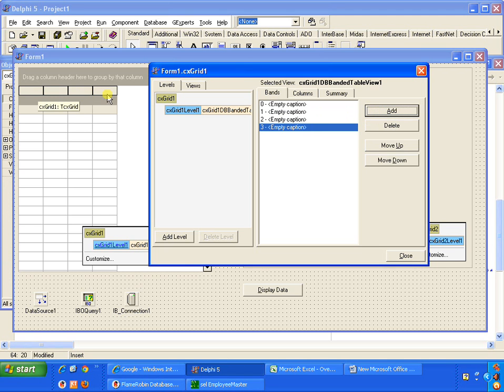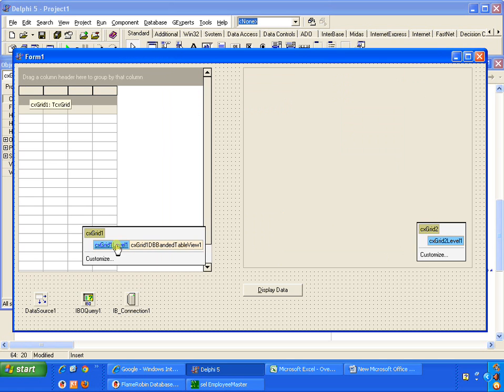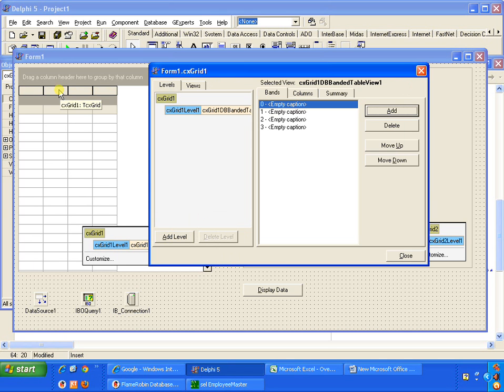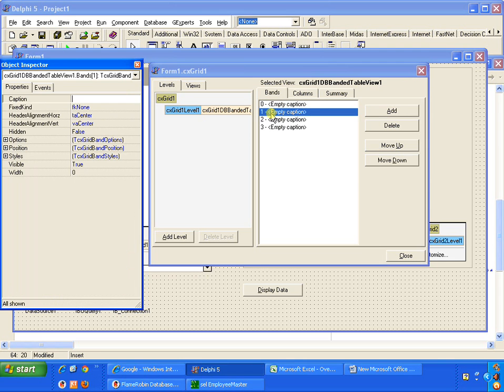As you could see here, 3 bands. So this should be our main band. You could consider any of the bands main, but by default we will consider this band as the main band. Click here once again, and these 3 bands we need to bring under this main band. So how to do that? Click on select first band, press F11 key,